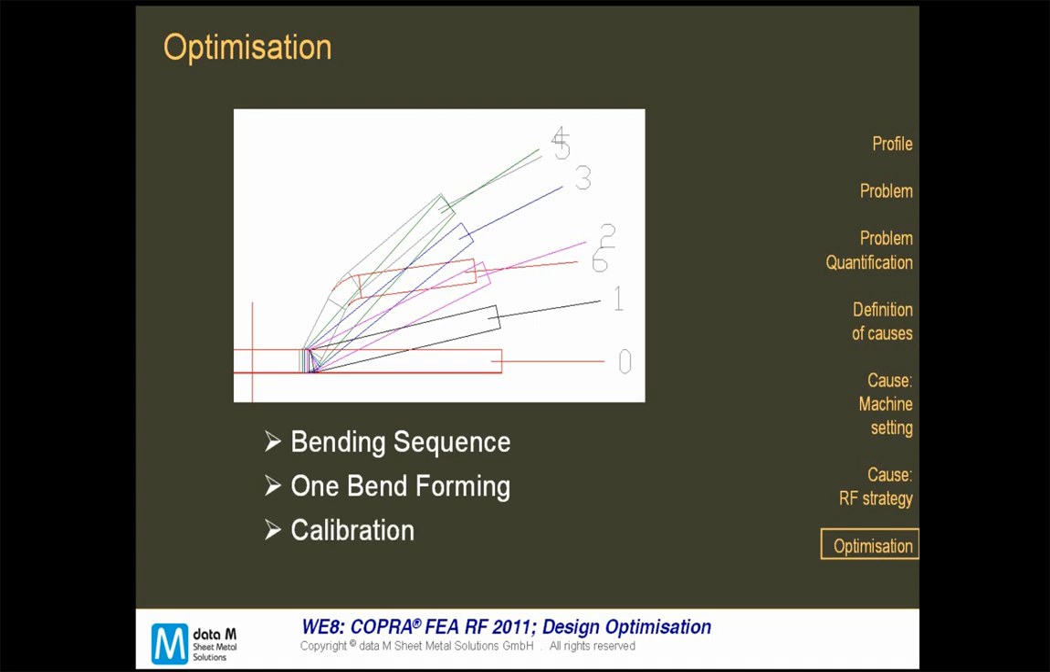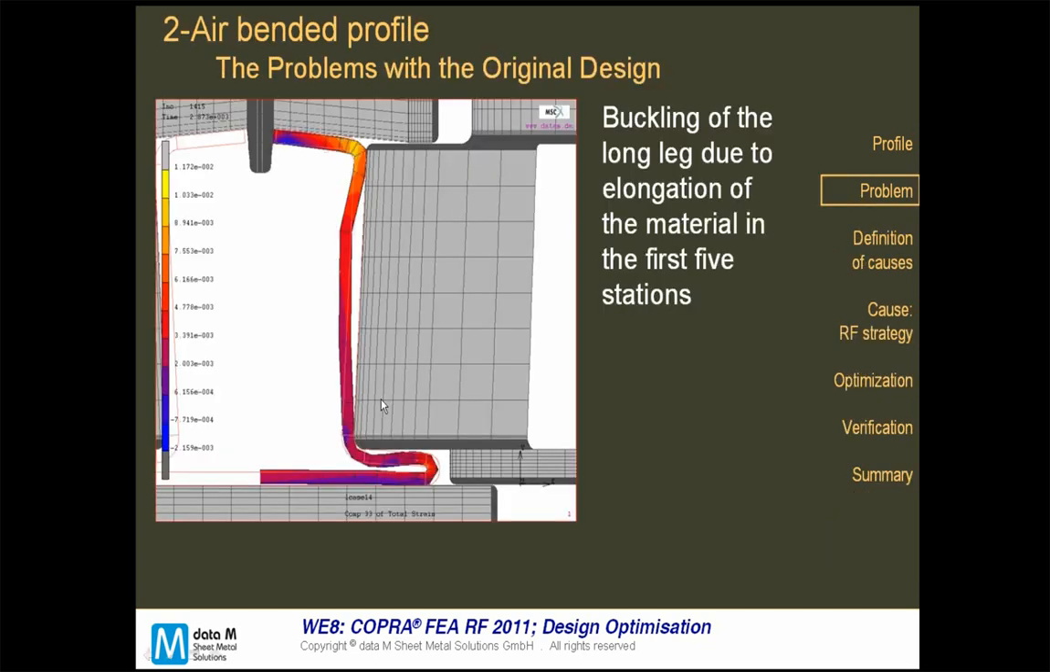So, bending sequence, bend form, and calibrations were changed. The second example shows an air bending profile in which we can see that the long leg has a buckle, and so we can think that there is too much material which is getting somewhere from somewhere